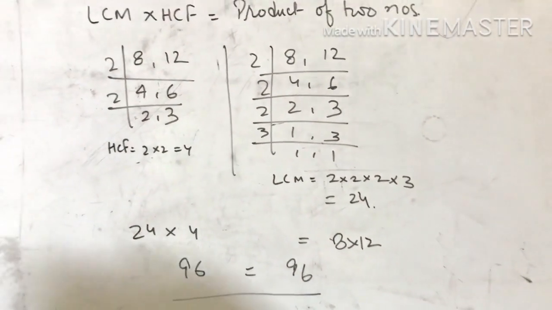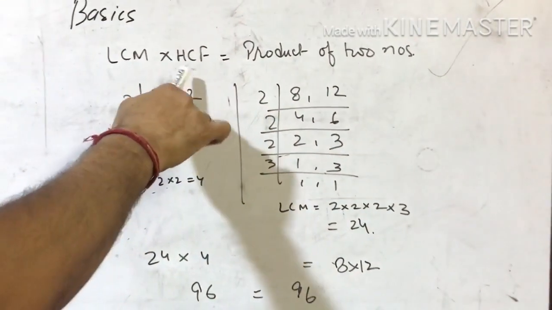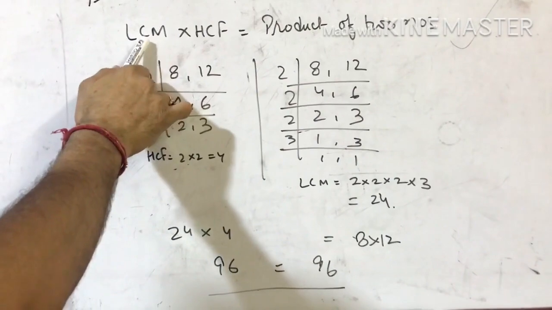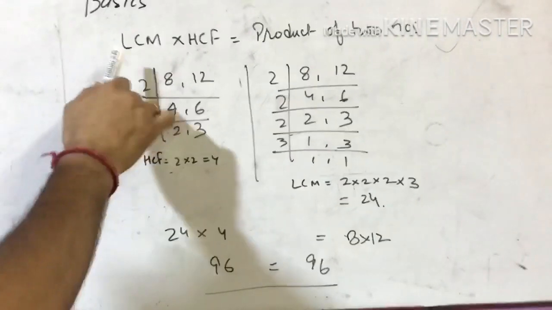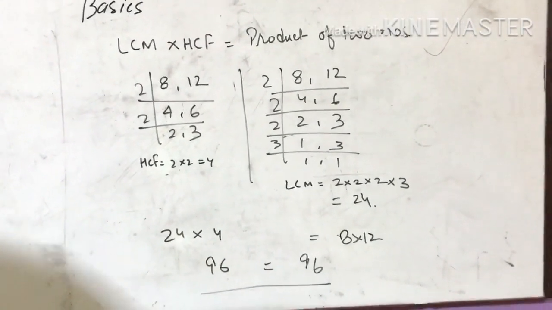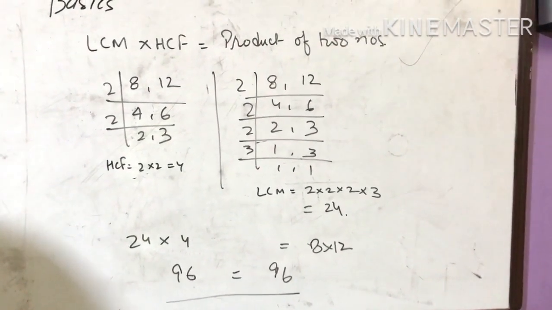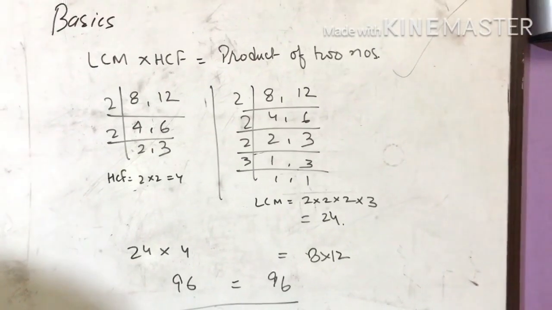So if you are given two numbers, you can take their product. If you know the HCF, you can find the LCM by this formula, or if you want to find the HCF, and the LCM and product of the two numbers are given, then you can find it. After that, you have the fundamental theorem of arithmetic. So before doing that, let's see the properties of HCF and LCM.